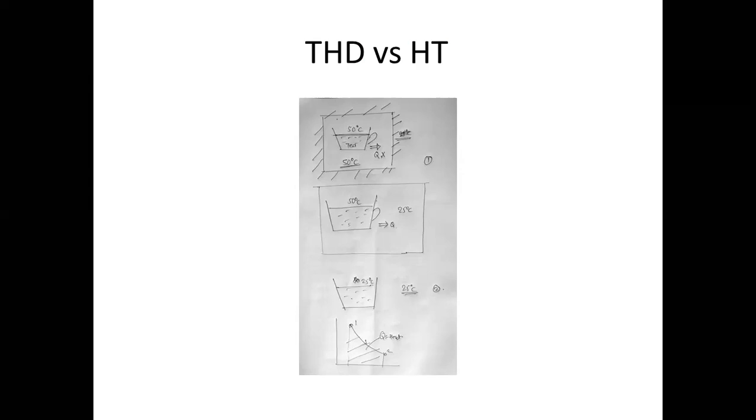But see here, we were not bothered about the time. Whatever the time required for the system to go from 50 degrees centigrade to 25 degrees centigrade, it can be 1 hour, 2 hours, 100 hours, or it can be infinite time. If the process is reversible, the time may be infinite time. But in practical cases, we don't require this. If you are waiting for infinite time, then we will not proceed further in your life.